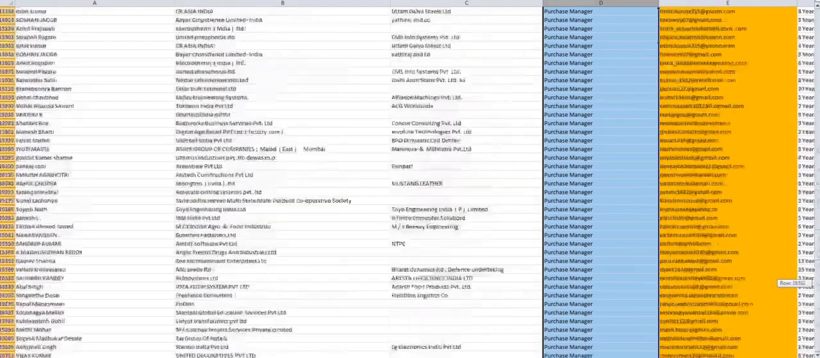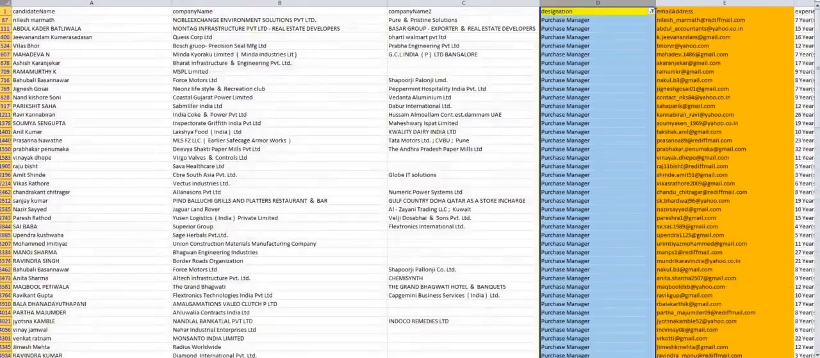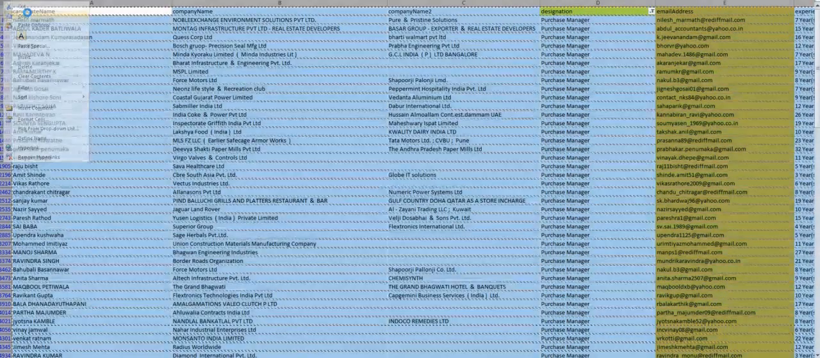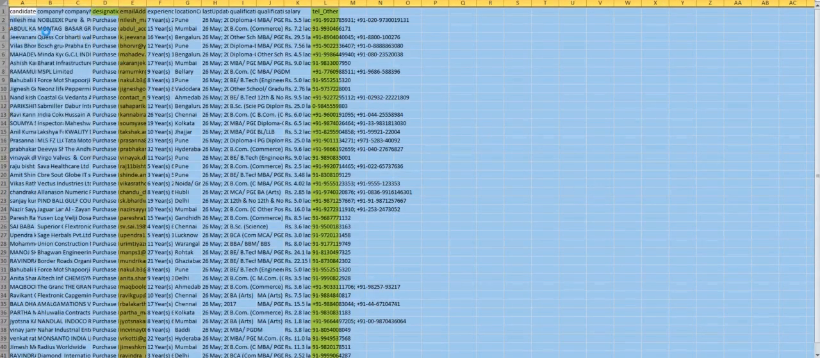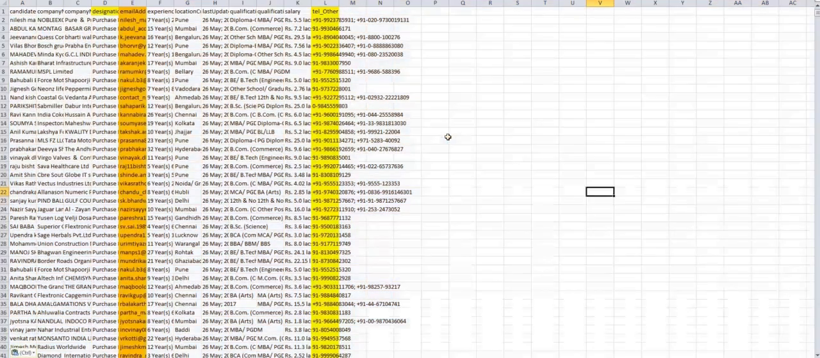Now what you do next is just copy this data. Here you see sheet 2, go to sheet 2 and paste it here. So now you have basically a set of people who